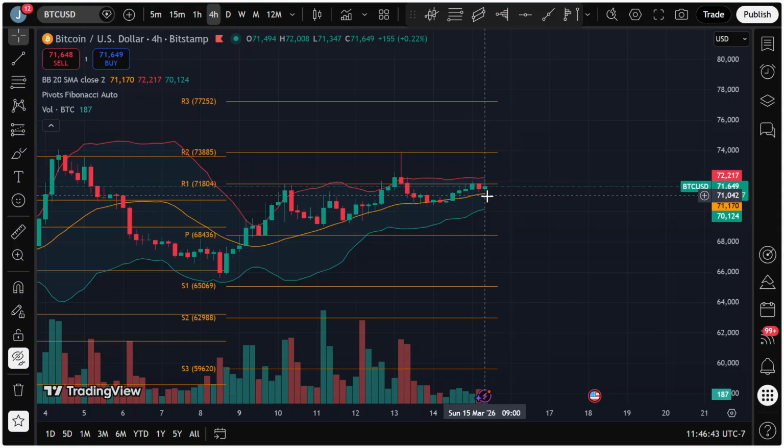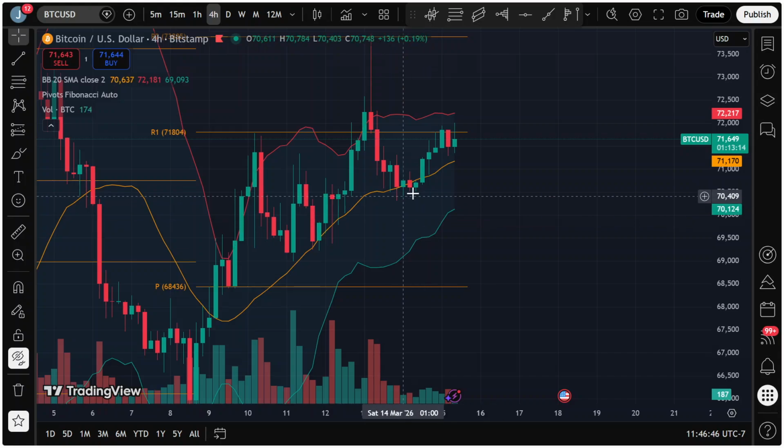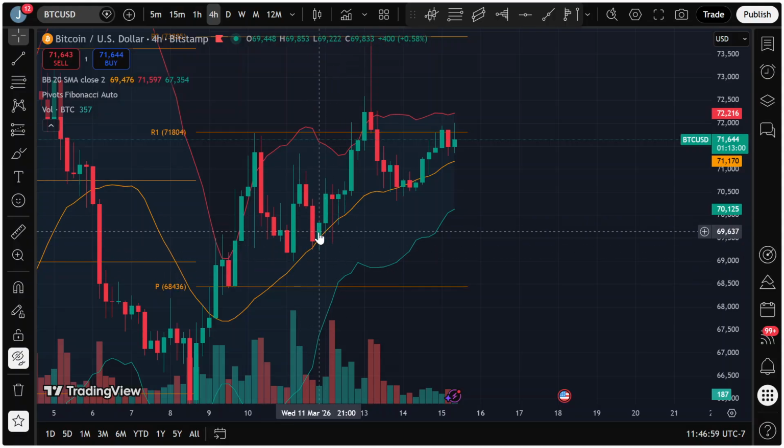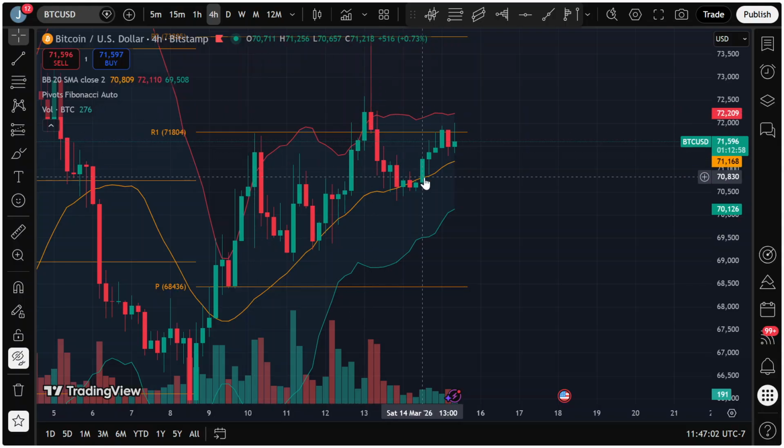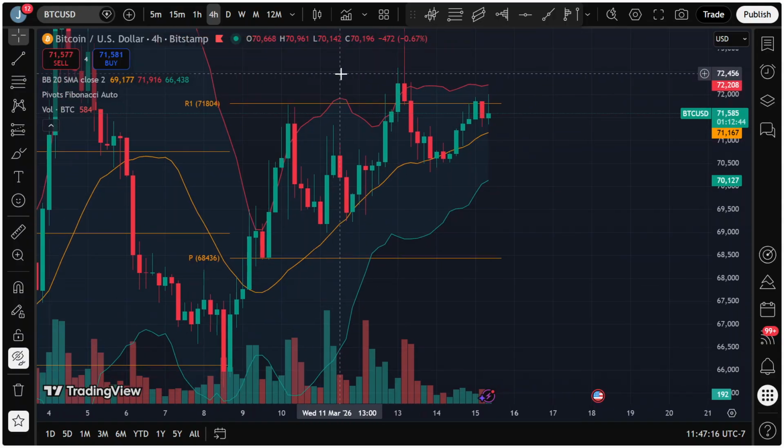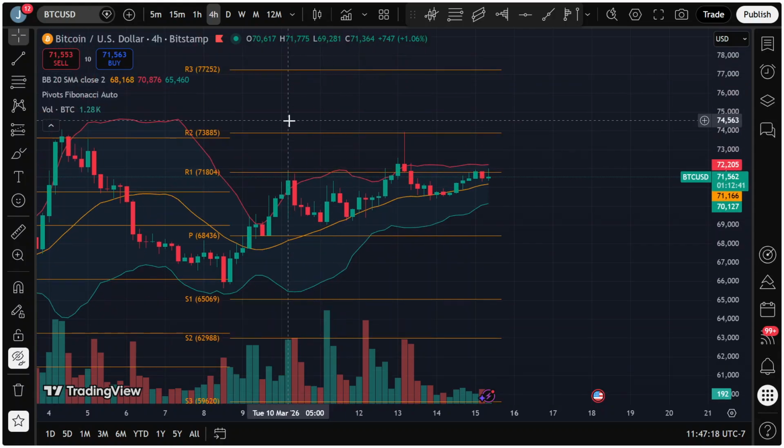So kind of regardless, like these guys here, you might ask, oh, why didn't you take a long off that, Jacob? Why didn't you take a long off that? I don't think that the SMA is as reliable for entries. It's just not. We interact with the SMA way more often than we interact with the Bollinger Bands. So just by a law of probabilities, there's more probability that you can't predict what the price is going to do when it hits the SMA than you can when it hits the Bollinger Band. When it hits the Bollinger Band, it's one of two options, and one of the options is typically significantly more clear than the other one.